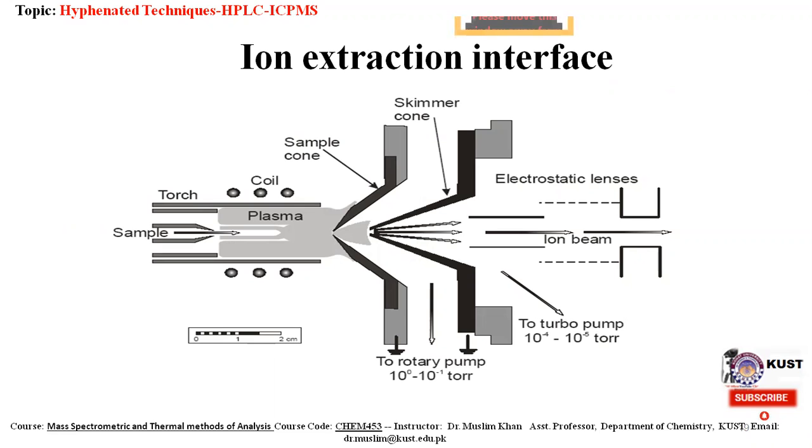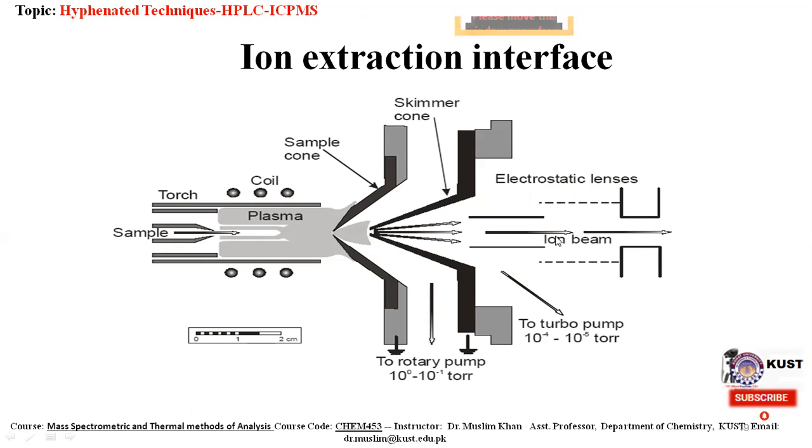This interface region consists of two metallic cones, usually nickel, called the sampler cone and the skimmer cone, each with a small orifice, a small hole of 0.6 to 1.2 millimeter, to allow the ions to pass to the ion optics,